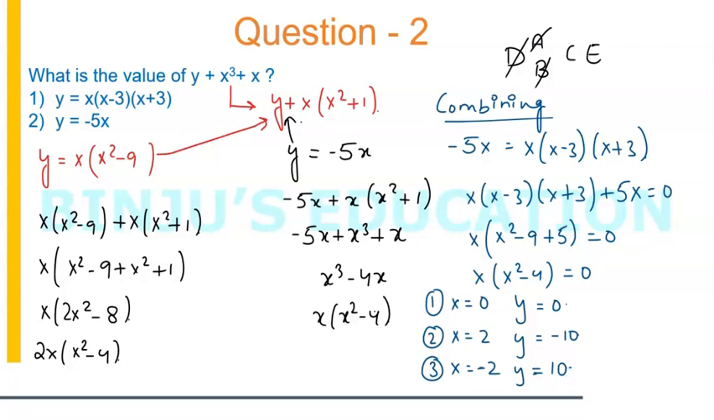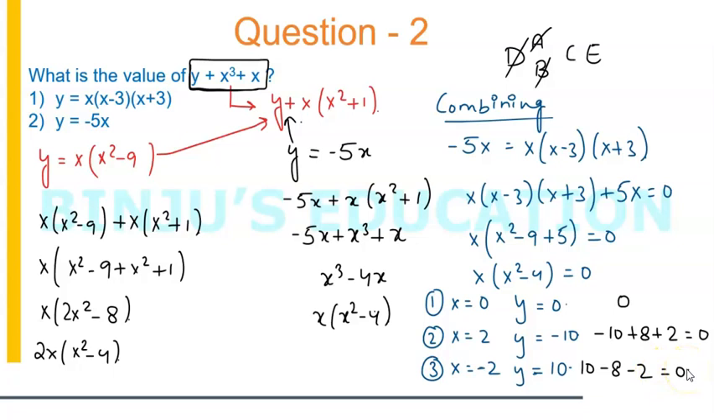Now the question doesn't end here. The question is asking us to find out the value of y plus x cube plus x. Okay. Now for the first case, y plus x cube plus x will simply be 0. 0 plus 0 cube plus 0 will simply give you 0. Second case, it will be negative 10, that's y. X cube, that is 8, plus x, that is 2, this will again give you 0. Third case, y is 10, x cube is minus 8, x is minus 2, so this will again be equal